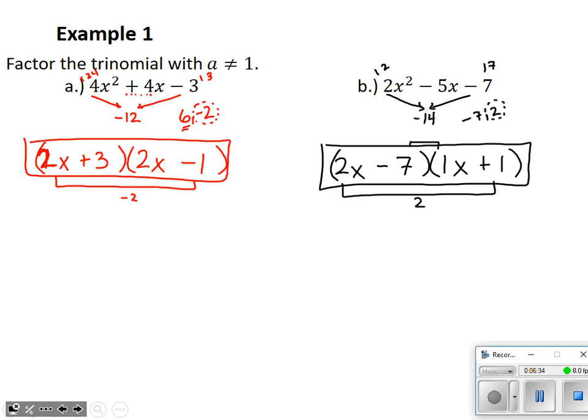Now, be aware that there are some factoring gimmicks and things that you may have been taught in other classes. I prefer this method above all those. Some of those are pretty quick and pretty nice, but I really like the fact that this relies on FOIL. You can see that we are literally unfoiling it. We're using the steps of FOIL kind of in reverse in order to set up our factors from the original trinomial. I really like the connection between those two processes that this allows.